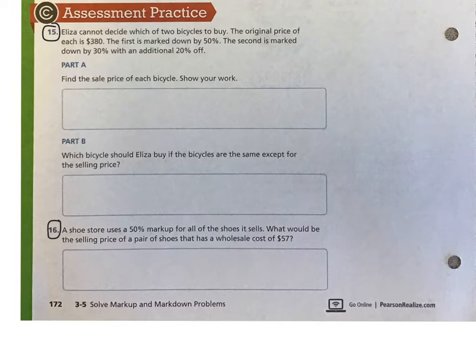Eliza cannot decide which of two bicycles to buy. The original price of each is $380. The first is marked down by 50%. The second is marked down by 30% with an additional 20% off. So in part A, we're going to find the sale price of each bicycle. So let's call these bicycles Bicycle 1